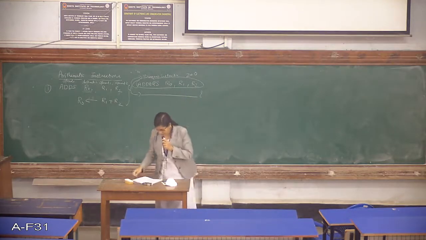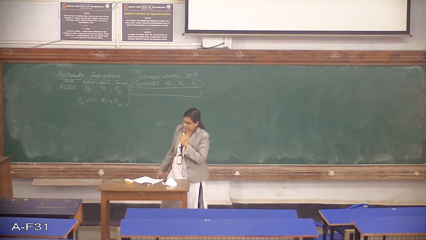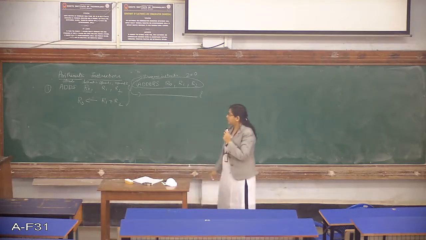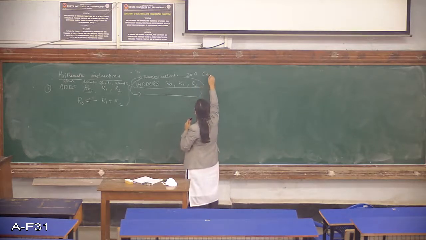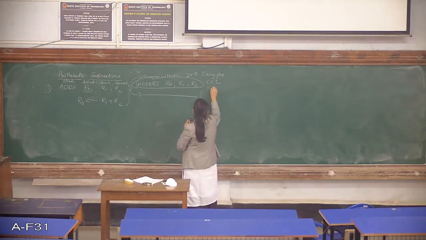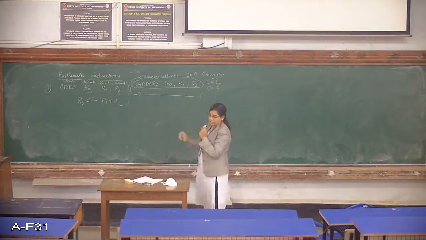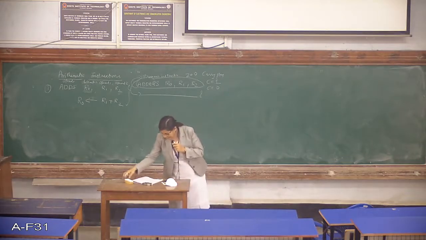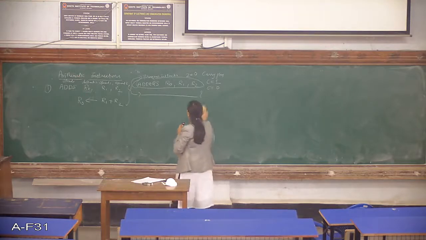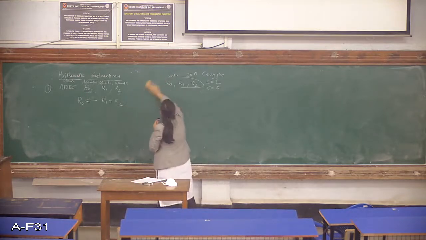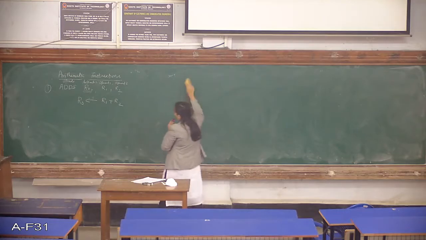So this is regarding the add instruction. And when you are doing addition, the flag which will be affected is the carry flag. So carry will be set to 1 if there is a carry generated. Carry will be 0 if there is no carry generated. So this is regarding the add instructions what we have. Next, we have one more add instruction, which is add with carry.